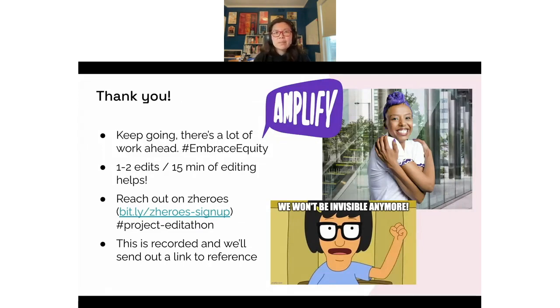There are a lot of people that don't have Wikipedia pages. Keep in mind the idea of embracing equity to help narrow the gender gap on Wikipedia. Even if you make one to two edits, like fixing typos, or 15 minutes of editing, that totally helps. You can see in the time that I worked on this as a working session, I got a couple of things done, so it's really nice.